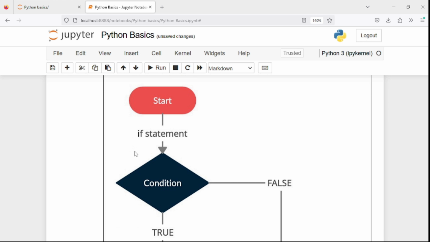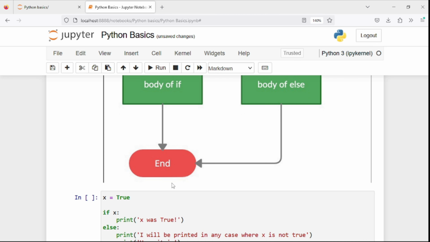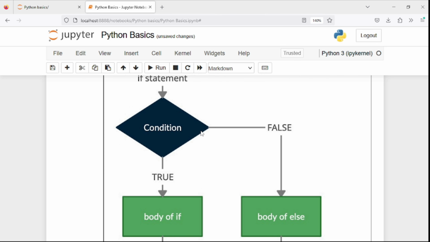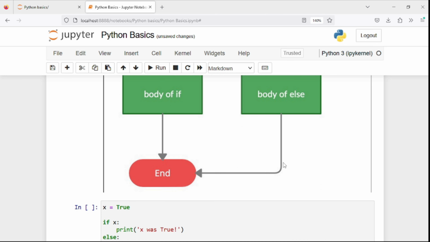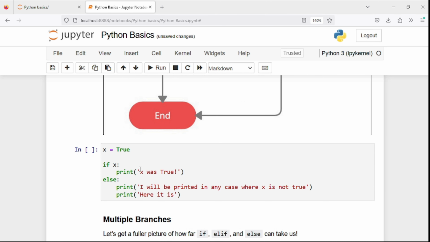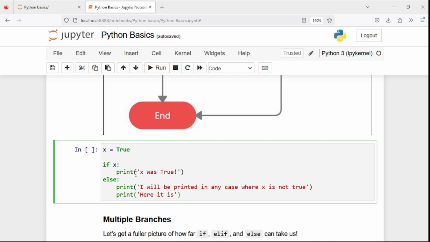This is another pictorial or graphical representation of the if statement. If the condition is true, it will print the body, and if that is not the case, then in the else statement, or you can say false, some specific else body will be printed out, and then the end statement. Something like x is true, x contains a true. If x, meaning x is true, it will print this one. So in this case only "x was true" will be printed,